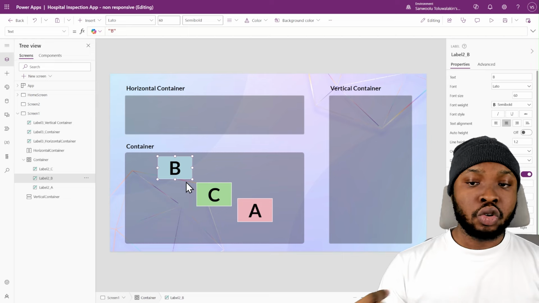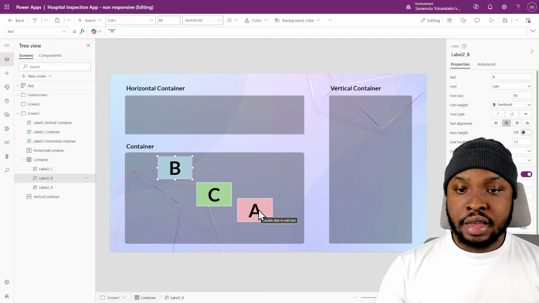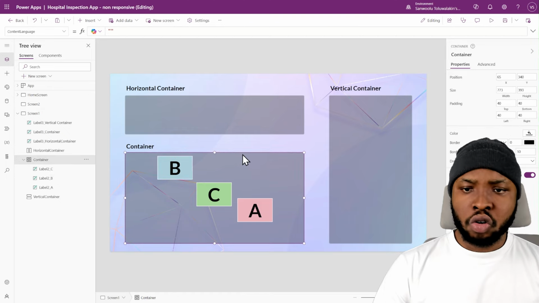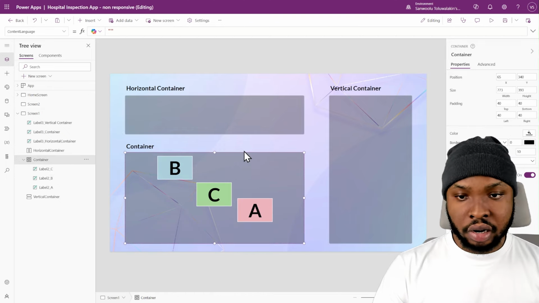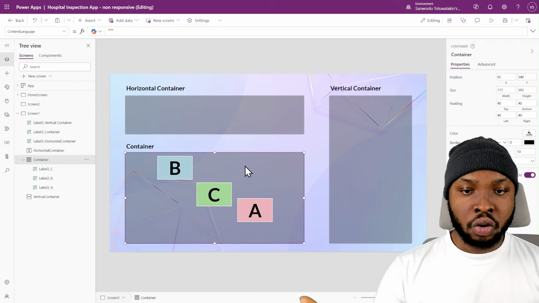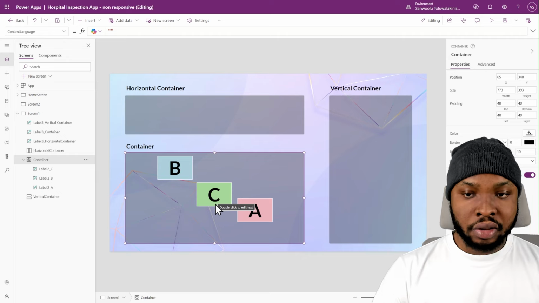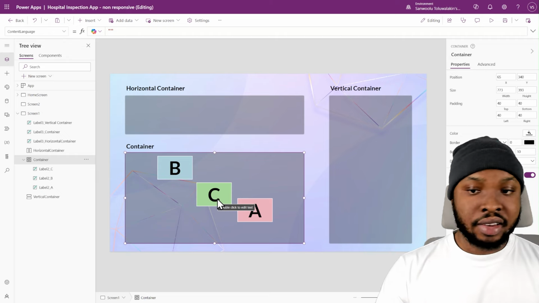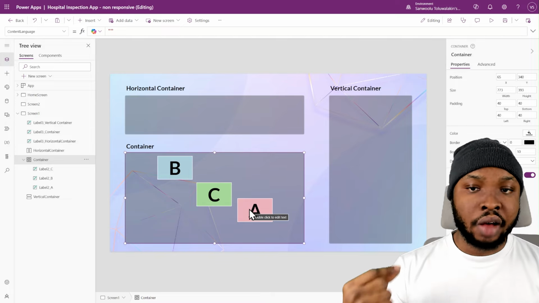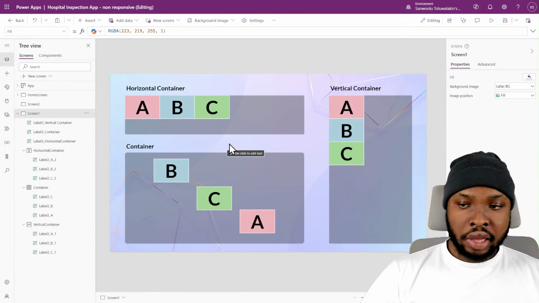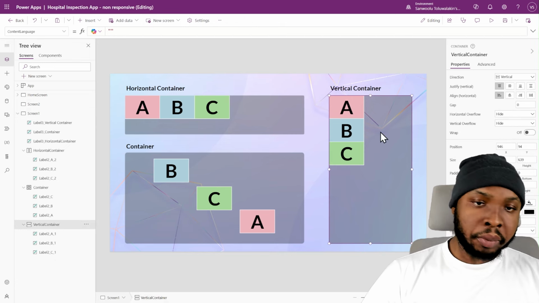There's basically no restriction to the position of items or child items inside the container. And you can also select the container and move it around, and the child items move around with the parent container. So that is the manual layout. Manual layout container, as the name implies, the layout of each of the child items can be set manually and you have full control. As for the auto layout containers, I've also added 3 child items into each of them,